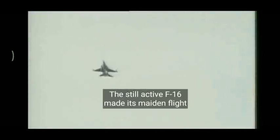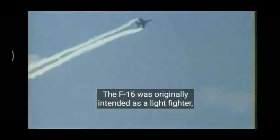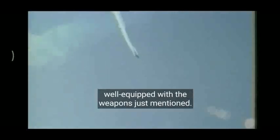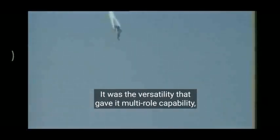The still-active F-16 made its maiden flight on the 2nd of February 1974 and was introduced into active service on the 17th of August 1978, and since then some 4,000 have been built. The F-16 was originally intended as a light fighter, but ultimately it became a multi-role tactical aircraft, well equipped with the weapons just mentioned. It was the versatility that gave it multi-role capability, which also made it successful on the